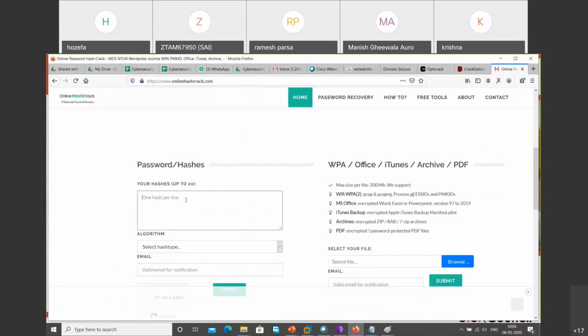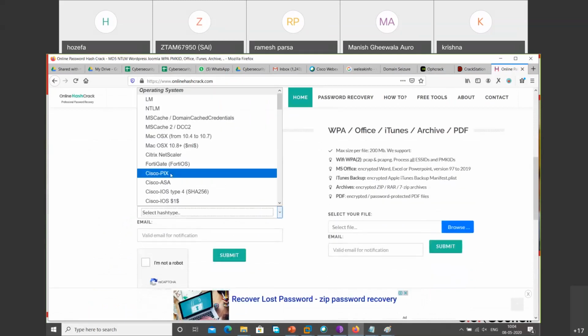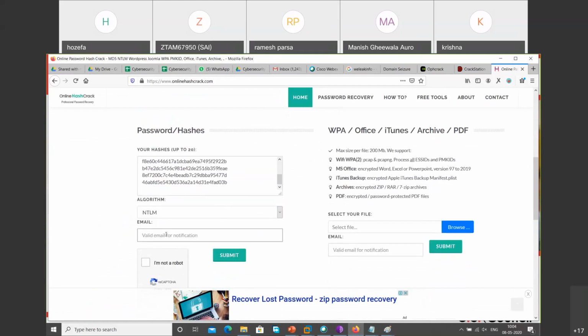You can put the hash here, and it asks you which algorithm it is. Can you see here? Fortigate password, Cisco PIX, ASA, iOS. If you remember, in my case, I know it is NTLM. I can give my email ID, so whenever the cracking happens, it will send me an email saying these passwords have been cracked, guys. When I submit here,